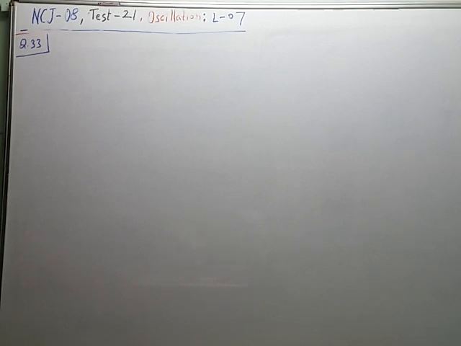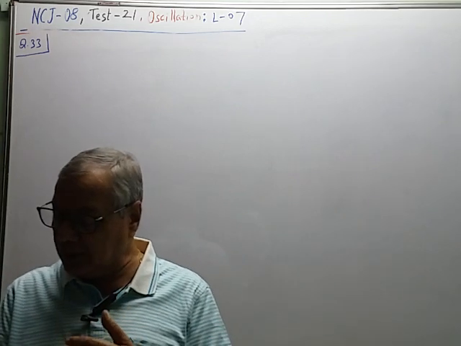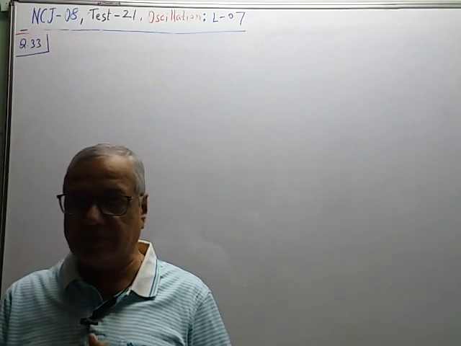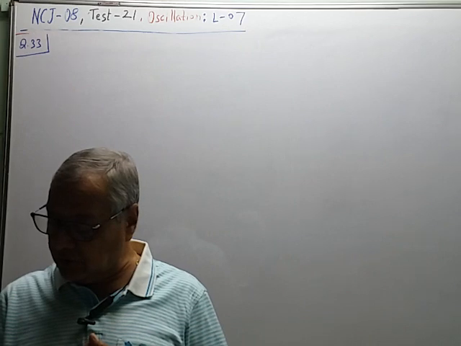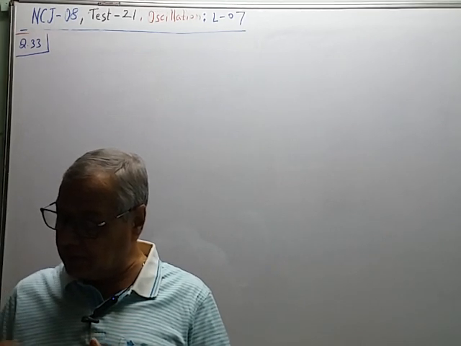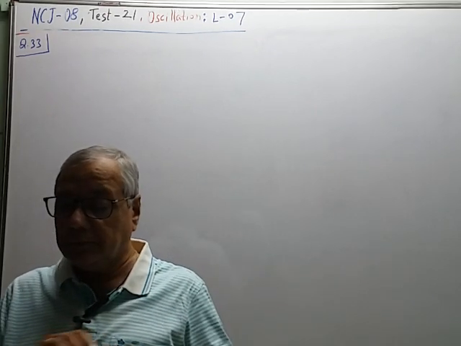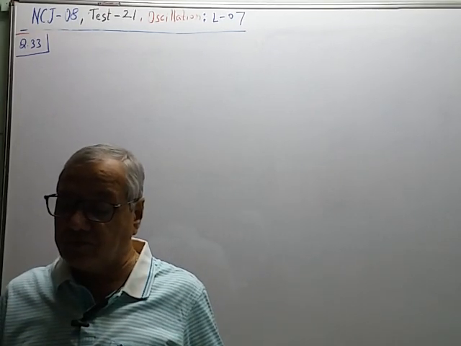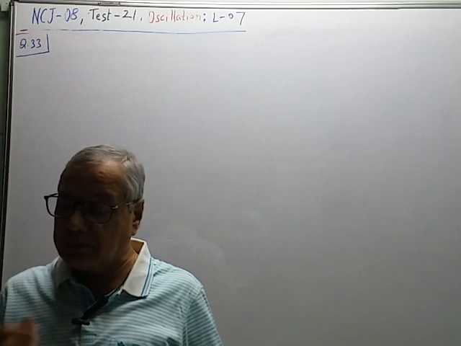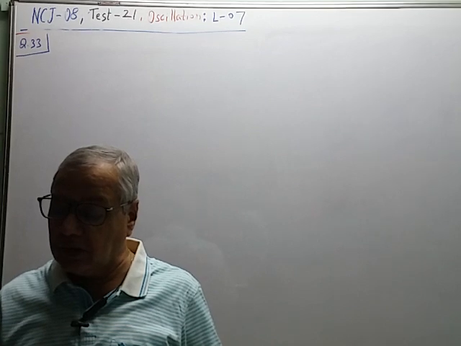So let us see this next question. Question number 33. Two SHMs are represented by the equations Y1 is equal to 0.1 sin(100 pi t plus pi by 3) and Y2 is equal to 0.1 cos(100 pi t). The phase difference of velocity of particle 2 with respect to the velocity of particle 1